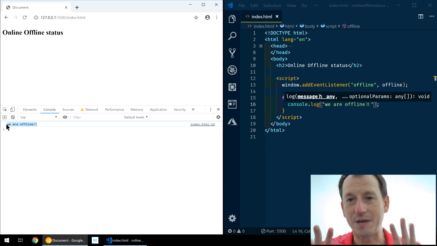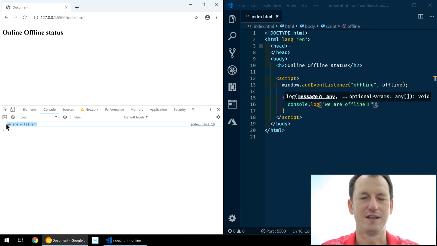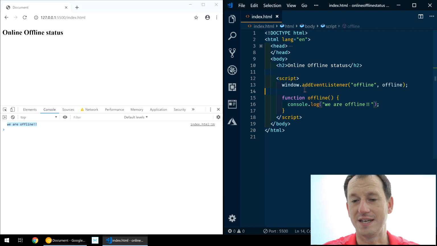So picture you've got a PWA, it's working, and then suddenly you lose internet connectivity. You wouldn't know this until the user clicked on a button that went to try and get some data from the server, at which point you could say, oh, you are offline, if you handle it correctly, or you might just get an error. But what you really want to be able to do is update the UI when it happens. So disable the functionality that requires the internet, but still allow the user to interact with the local content. So what we also need is an event to say when it's back online, and that one is